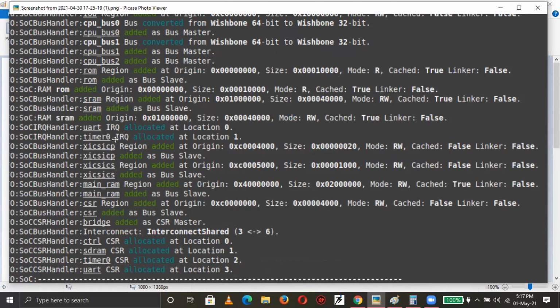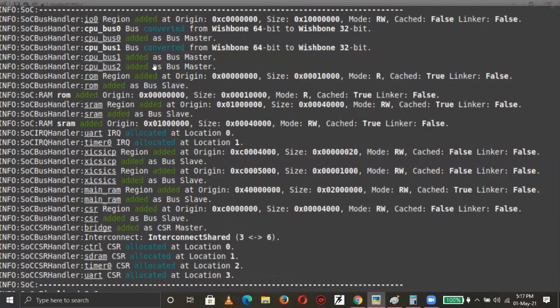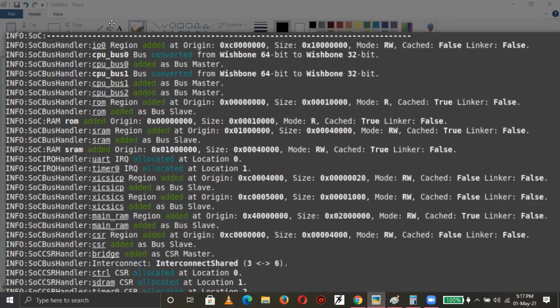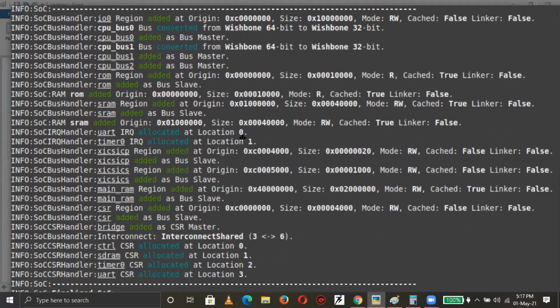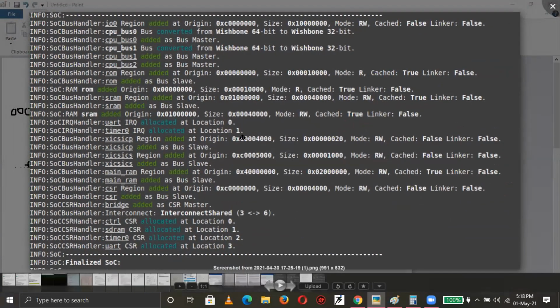These are all connected directly to the processor core, correct? But the peripherals you want to connect, DDR3, PCIe, Ethernet, will connect to the processor core through Wishbone. So Wishbone will act as a bridge, an intermediary between the peripheral and the processor, correct? Then how will you do it?